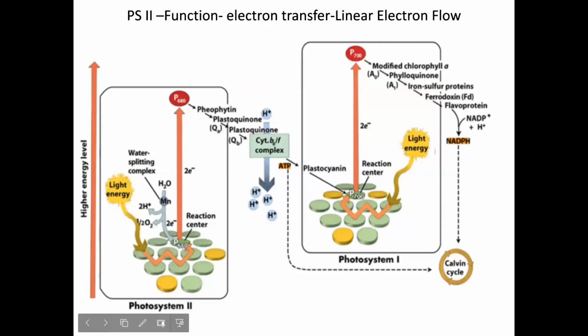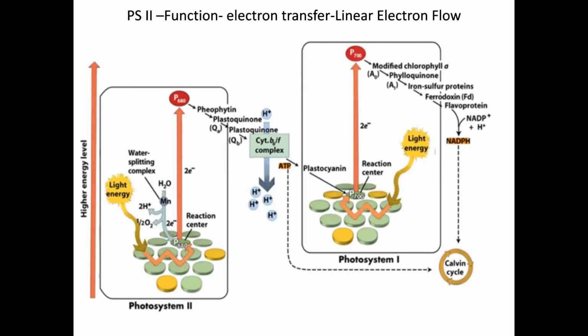Now there are two principal functions of PS2, which is located in the grana part of the thylakoid, extending into the lumen as well as the membrane part. When one photon of light, either directly or through the antenna pigments and the surrounding LHCs, hits the RC, the reaction center, that is P680, gets excited. One electron exits the RC chlorophyll A, forming the P680 positive radical, and the emitted electron quickly gets accepted by the pheophytin molecule that becomes the pheo minus radical.